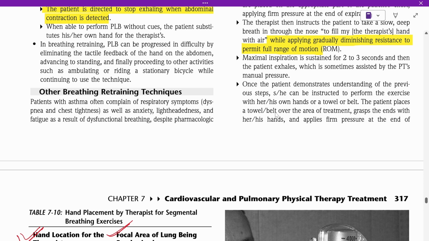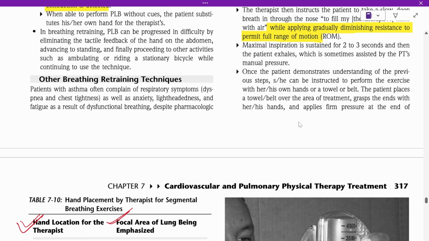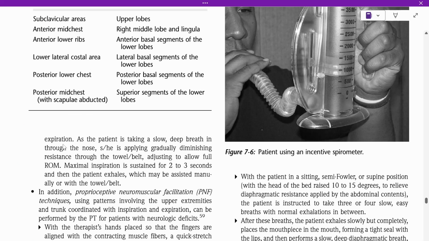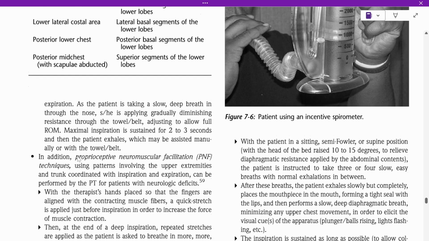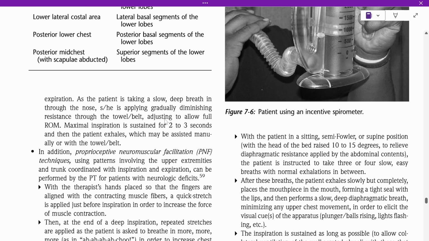The patient places a towel or belt over the area of treatment, grasps the ends with his or her hands and applies firm pressure at the end of the expiration. As the patient is taking a slow deep breath in through the nose, she is applying a gradual diminishing resistance through the towel or belt, adjusting to allow full range of motion. Maximal inspiration is sustained for 2 to 3 seconds and then the patient exhales, which may be assisted manually or